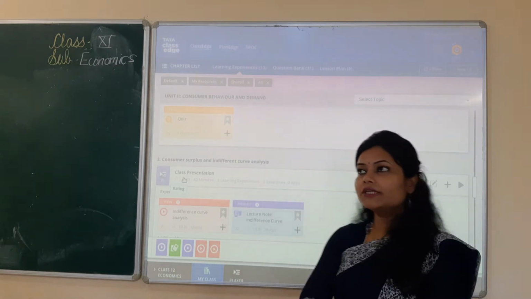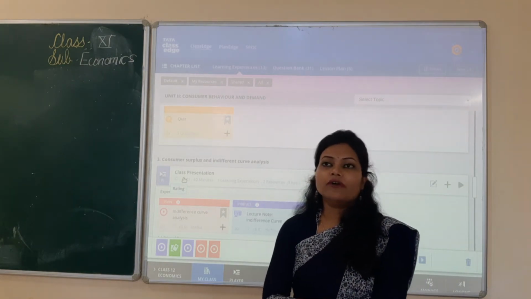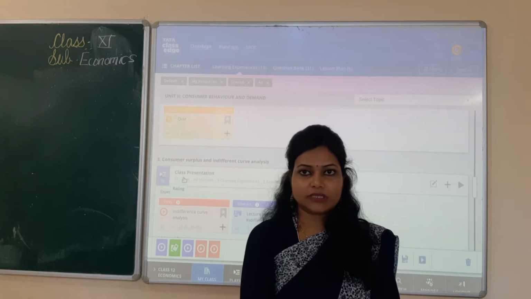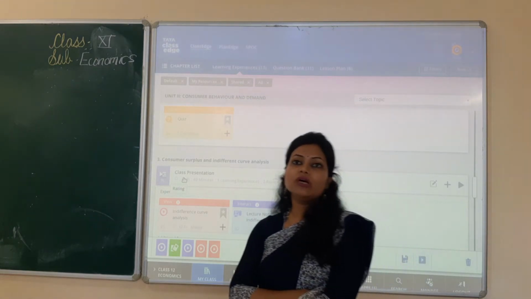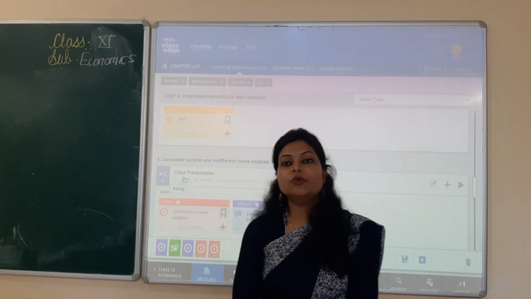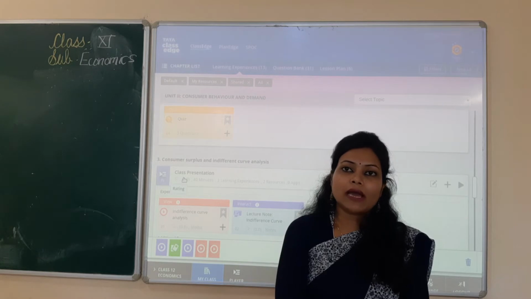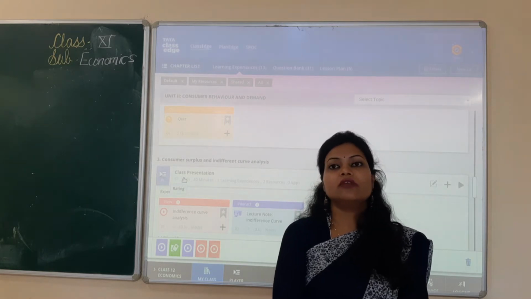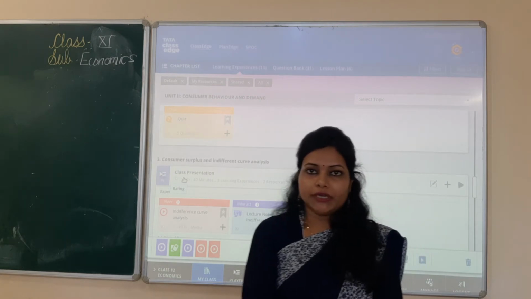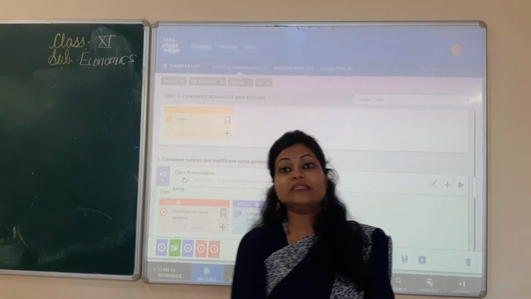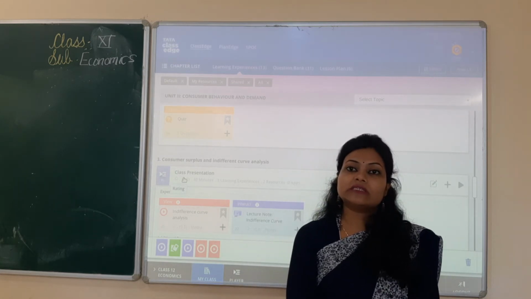Now suppose that you went to a shop, where you have to purchase 2 packets of biscuits, and for that you have 20 rupees. But when you go to the shop, you find that an offer is going on: if you buy 2 packets of biscuits, then 1 packet is free. So you are spending 20 rupees only, but you are getting 3 packets of biscuits. So that is the status of consumer surplus.